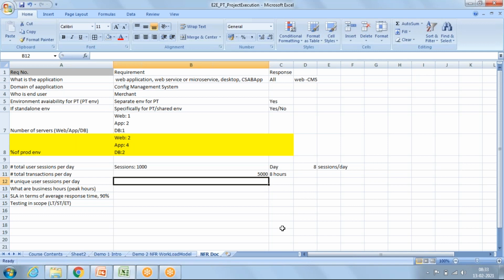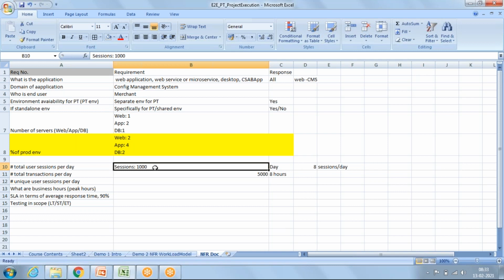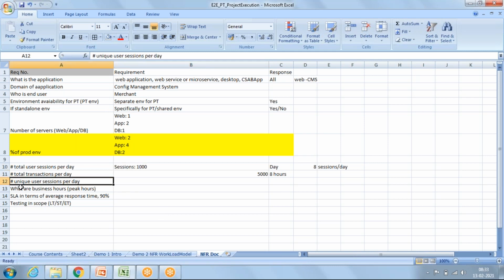Now we'll see the number of unique user sessions per day. You see total number of sessions is 1000. It may be one user logging in 1000 times, or 100 users logging in 10 times, or 1000 users logging in one time. That we have to understand. So we put this question: total number of unique user sessions per day.